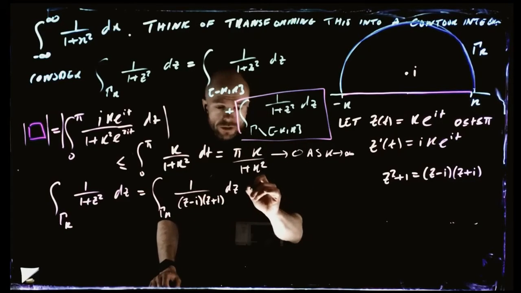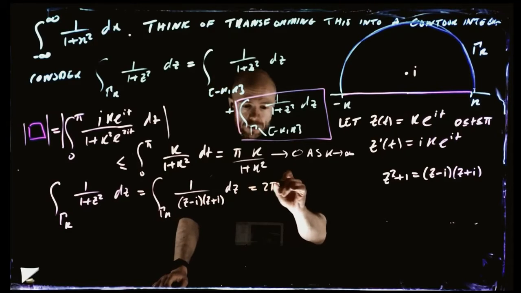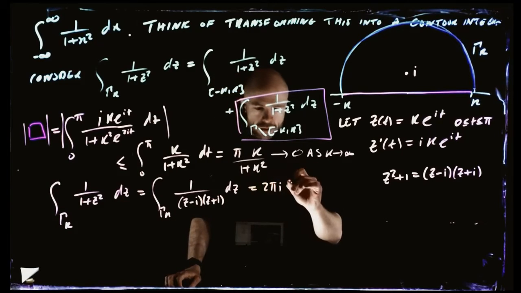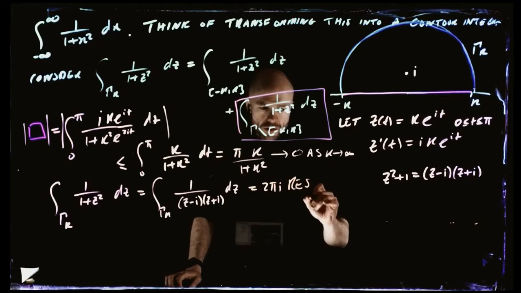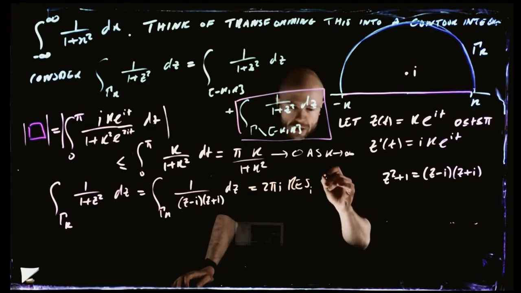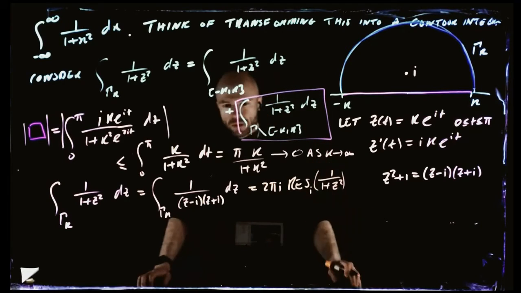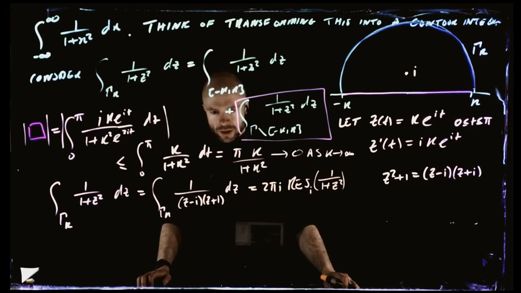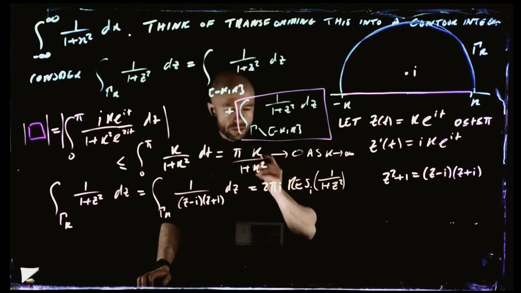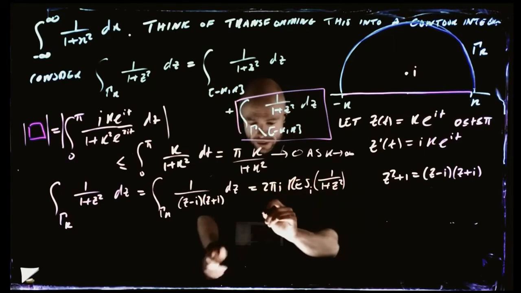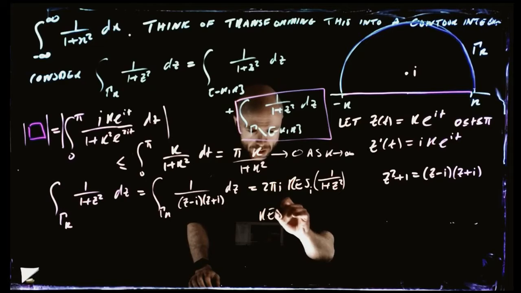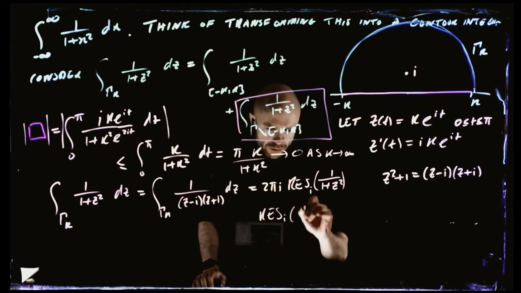So what we need to do is just write 2 pi i, and then the residue at i of this function, let's write it like this, 1 over 1 plus z squared. That's the residue theorem. That's what it tells us. There's only one thing, and the residue is easy to calculate because it's just a pole. The residue of this guy